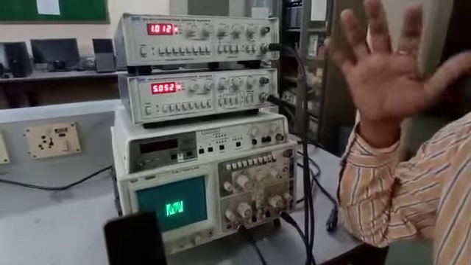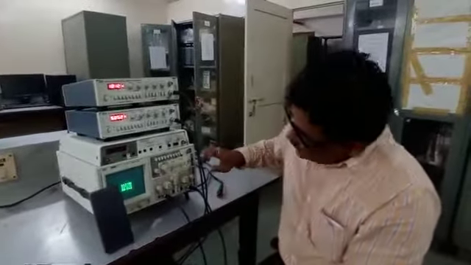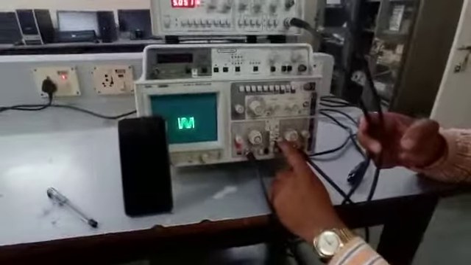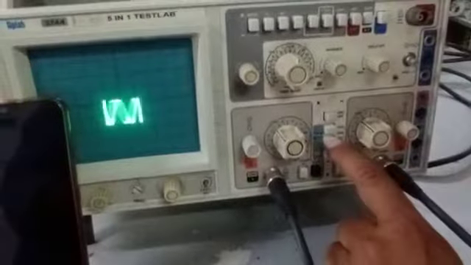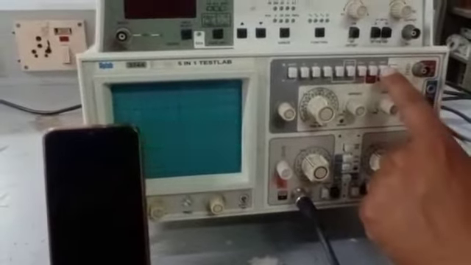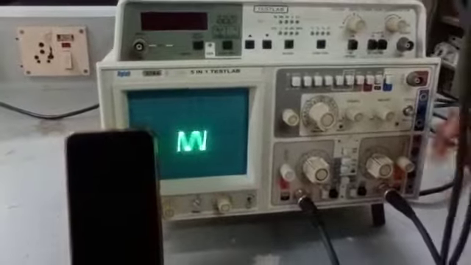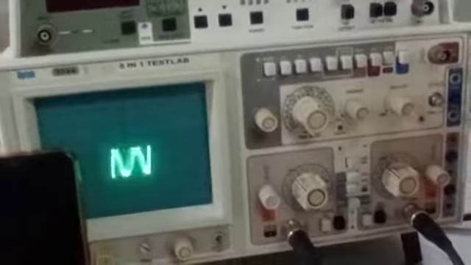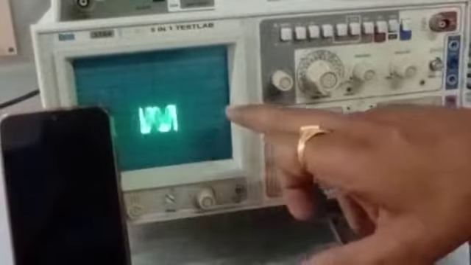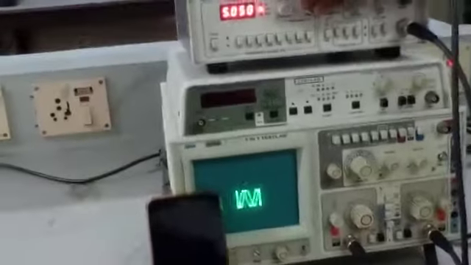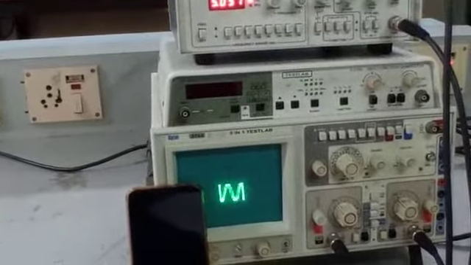After that, I connected channel 1 from here, then connect to channel 2. But it is a very important thing, see here, you have to select this XY mode. If XY mode is not selected, your waveform will go away. See, this is the XY mode. If I press XY mode, then we get the Lissajous pattern here. These are the number of loops. Now this loop is continuously moving. Now I am selecting the frequency here. If I change the frequency a little, it is adjusting, right?